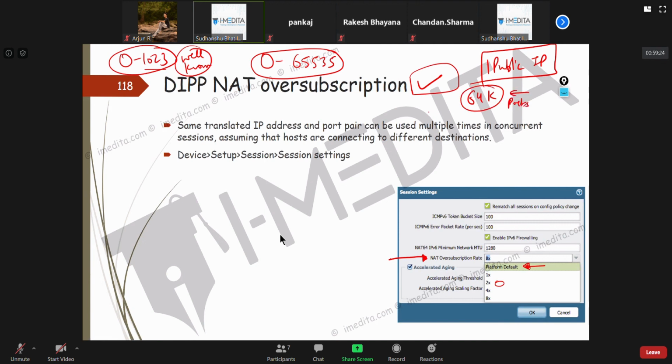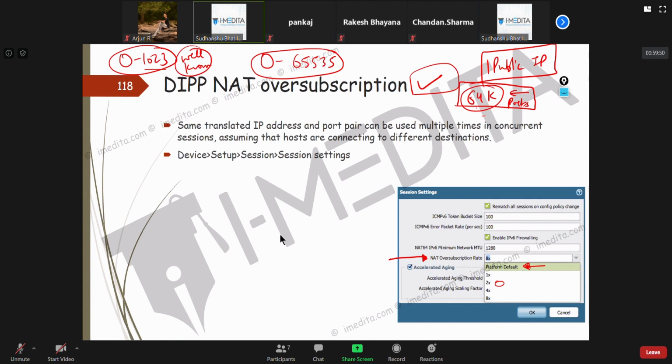So if you talk about how many people can utilize this one public IP to go out simultaneously, they cannot be more than 64,000, right? Because you don't have ports beyond that. For one public IP, you can have 64,000 people utilizing those ports.